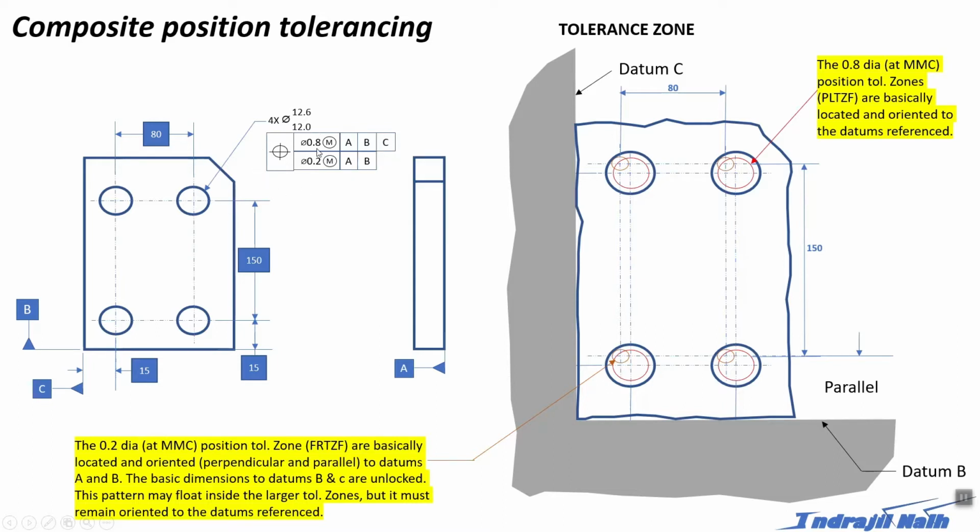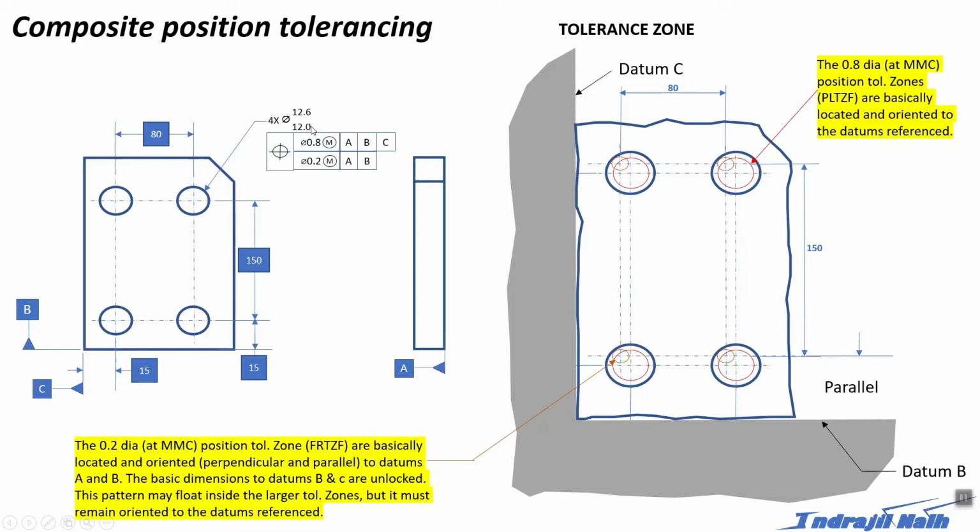The first thing is it has been given as 0.8 maximum material condition. If you don't know what maximum material condition is, go to the link that I have given below, which explains what maximum material condition is in the case of a hole and a pin. So you will know what actually maximum material condition is. Basically, maximum material condition here is for the holes, and it will be applied when there is maximum material, and that is in the case of 12.